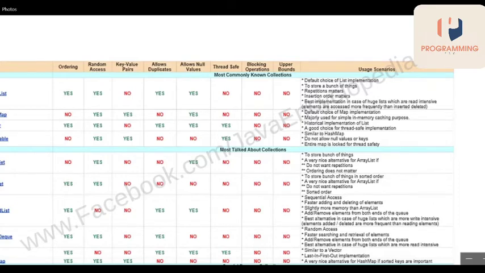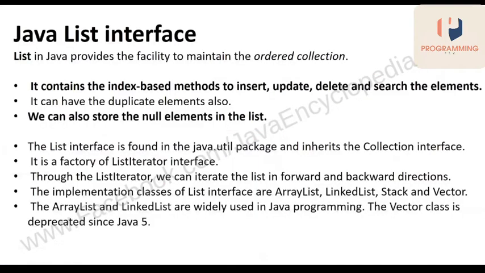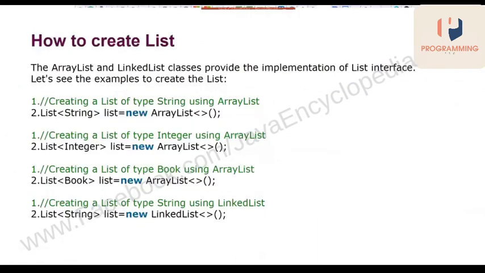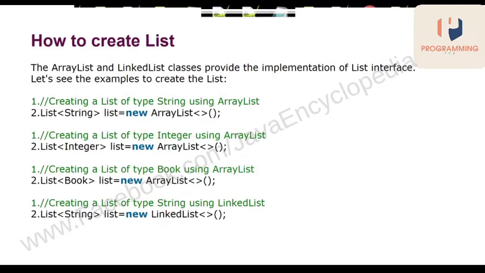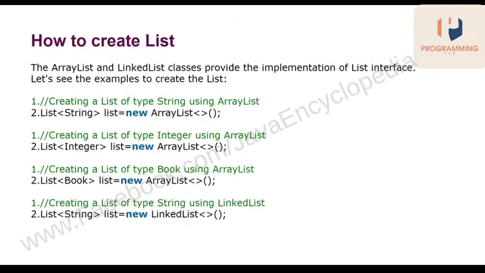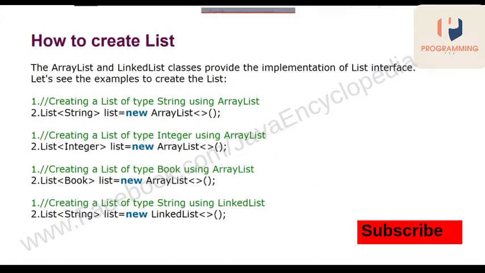Okay, coming back to our session. So how many ways can I create a list? We have created it from integer. We can create it from string. We can create a class of Book. We can create a class of Employee. We have a list of users, and we are using that list of users. When I say give me a list of connections, give me a list of people, give me a list of work items, give me a list of events, then I will go for a list of this one.